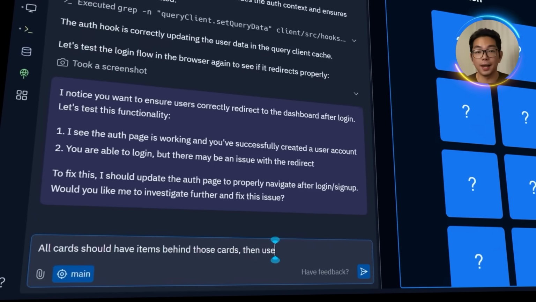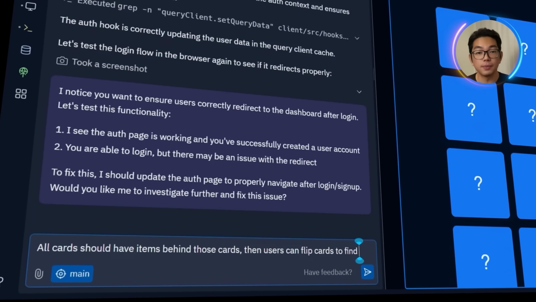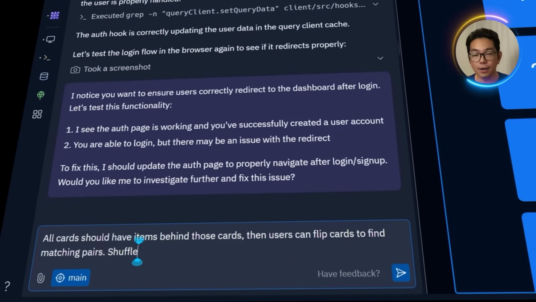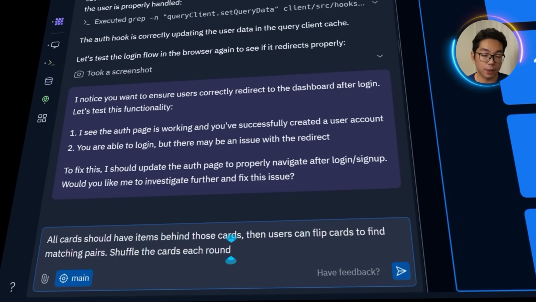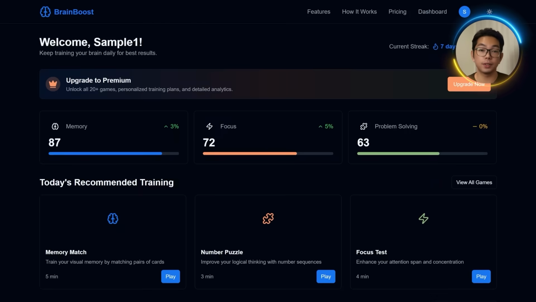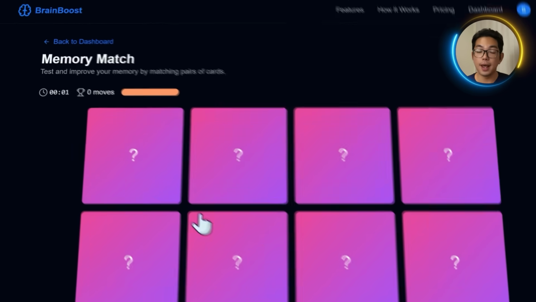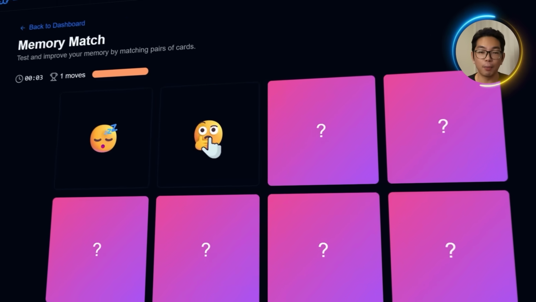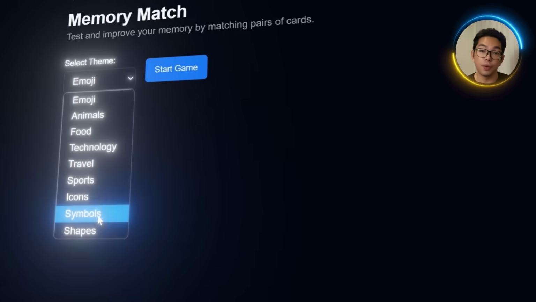it what's missing. Something like, all cards should have items, shapes, or icons behind the cards so that our users can flip the cards to find matching pairs. Shuffle the cards each round. And once that's done, we are going to reopen the app in a new tab and then test the memory game again. And now, as you can see, it is running properly, and I can also choose different themes, which